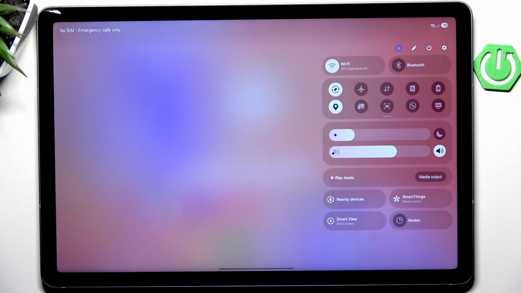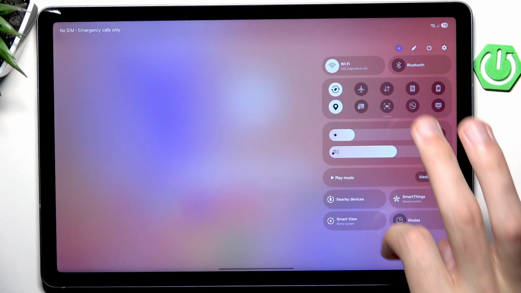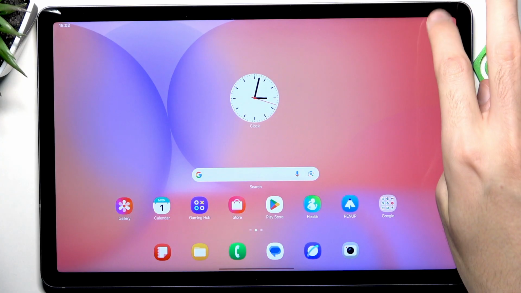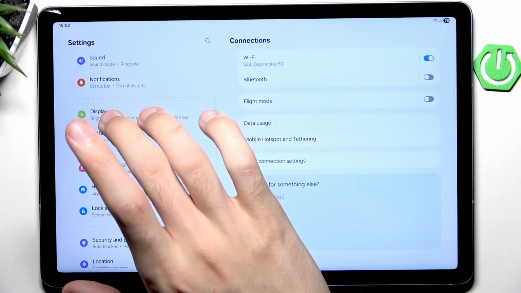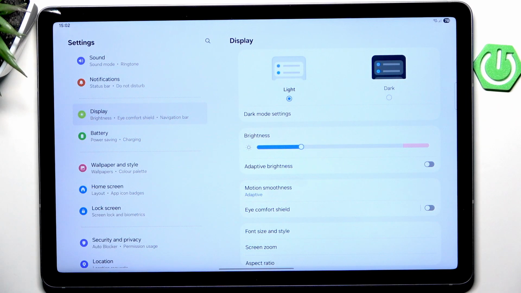There isn't a fix to it. To be honest, you want to get a better camera with different shutter speeds to match it, and then you won't really see anything. However, you can also go into the settings, into display right here, and make sure that adaptive brightness is disabled, because otherwise the adaptive brightness will just randomly lower or increase the brightness of your device, and then you